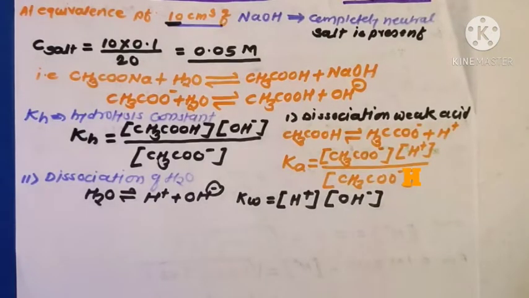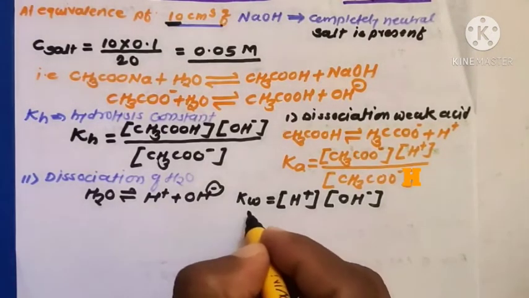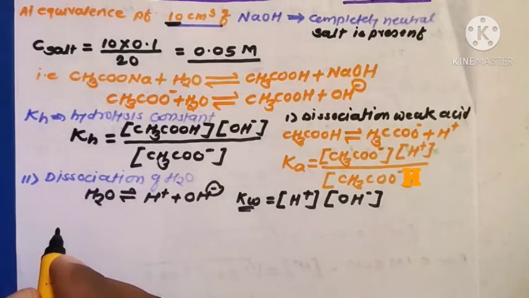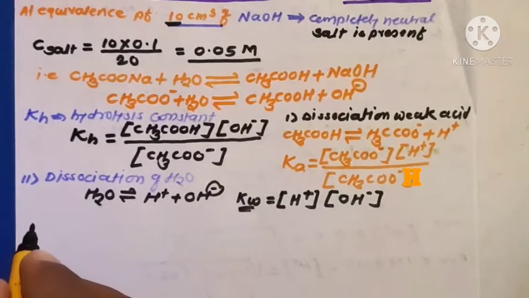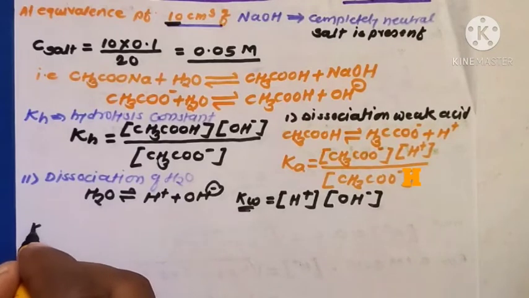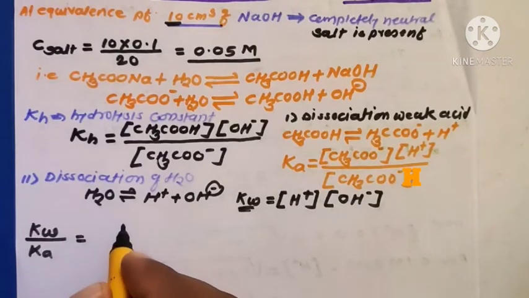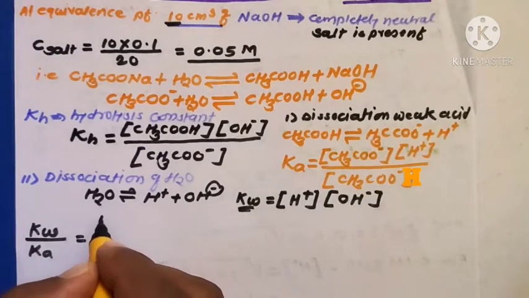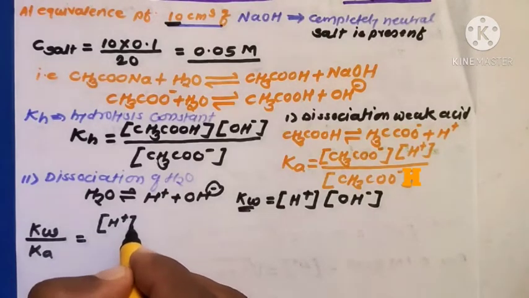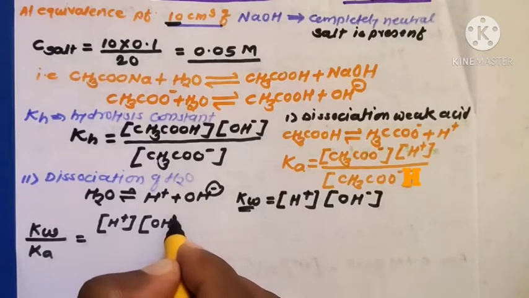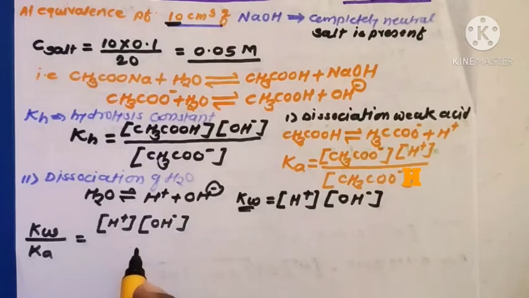Now dividing the above two equations, that is Kw divided by Ka is equal to the concentration of H plus ion into concentration of OH minus ion